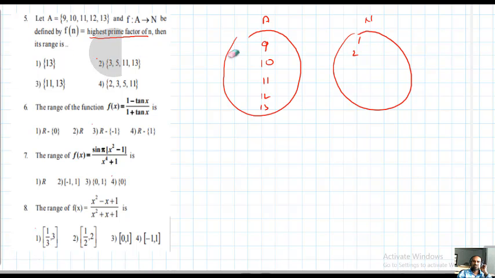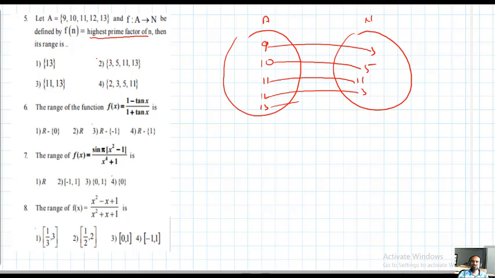All natural numbers are there. 9 should pair with 3 only, because 9's highest prime factor is 3 only. 10's highest prime factor is 5. 11's highest prime factor is 11 only. 12's highest prime factor is 3 only. 13's highest prime factor is 13 only. The remaining elements are there in the codomain. But what is the range? 3, 5, 11, 3, 13. So range